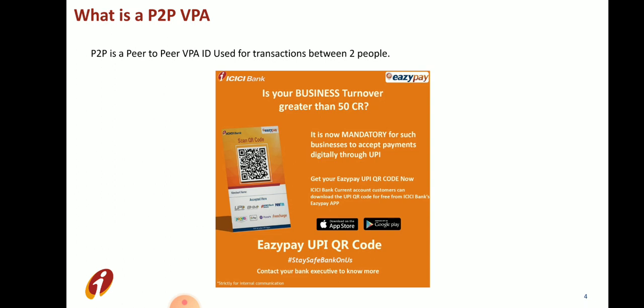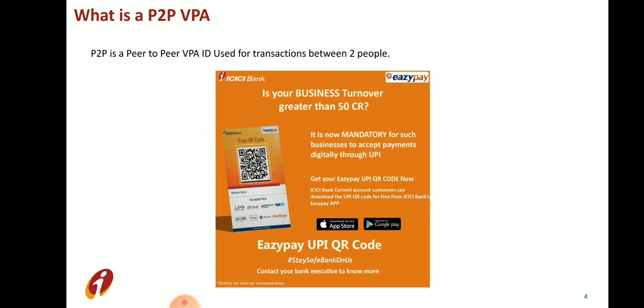Again, I will reiterate the flow. First comes the current account. Based on the current account, we create an alias for the current account so that we do not have to share our account details with every person from whom we want to collect payments. So comes the UPI ID. UPI ID comes in two forms, P2M and P2P. We need to understand which comes first. At least in terms of EasyPay, first comes P2M. Once you create a P2M ID, you will be able to create a QR code, and you are also able to create a P2P UPI ID.